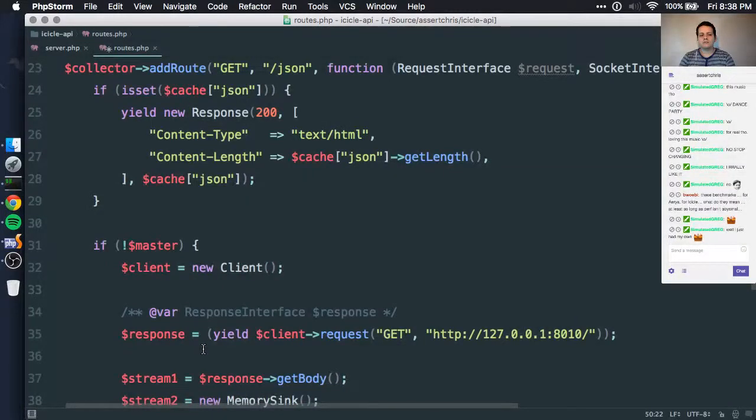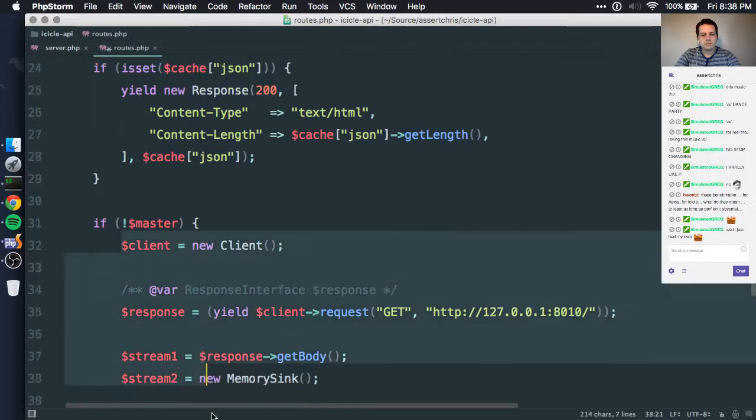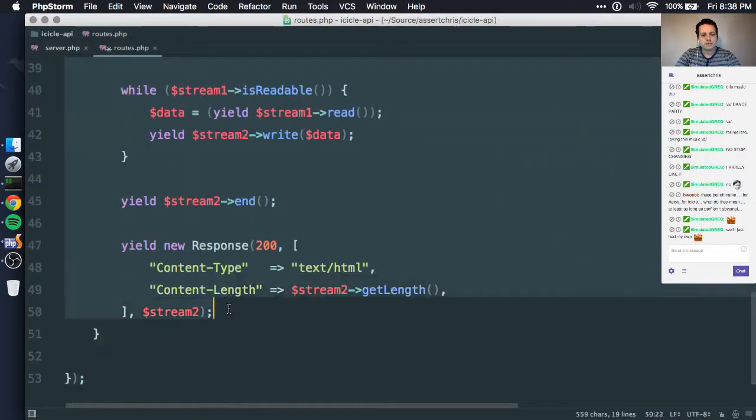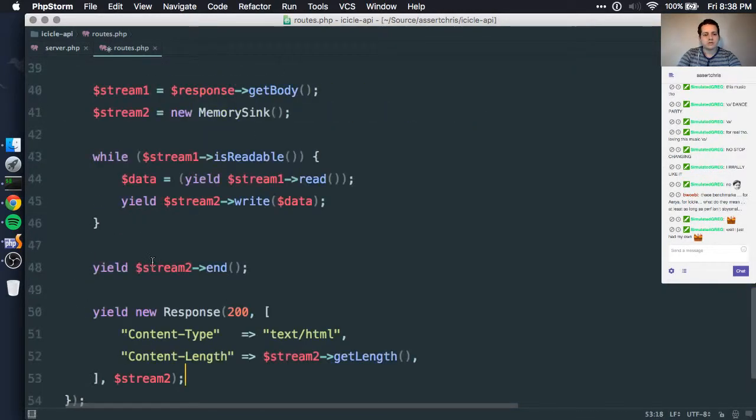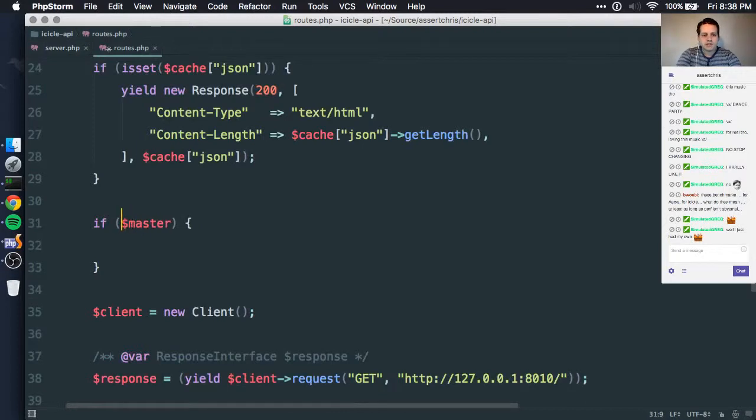Okay, we could do that. So, in fact, maybe what we do, let's put this elsewhere as well. Let's make this the worst case, is that it'll run this stuff. But here we'll say, if master, then we can say something like